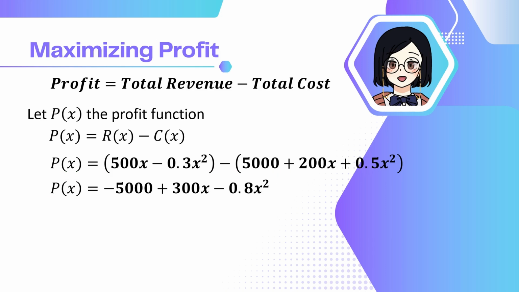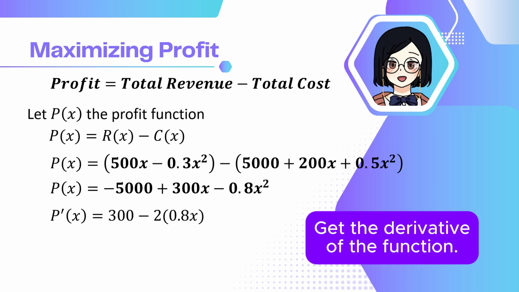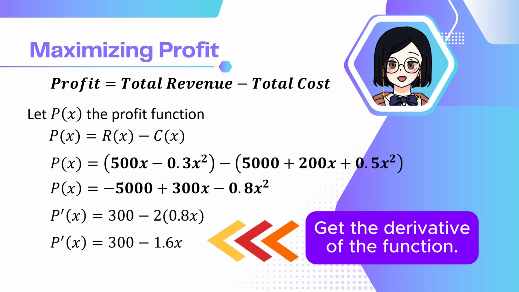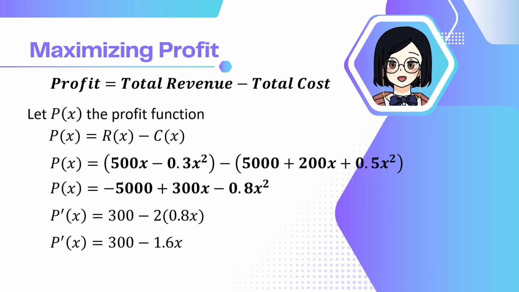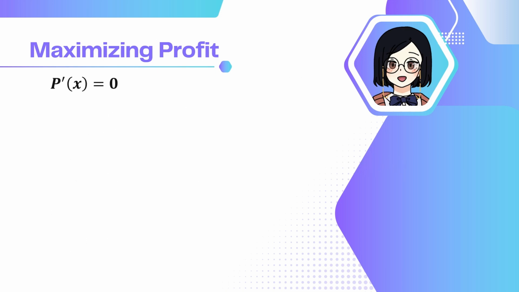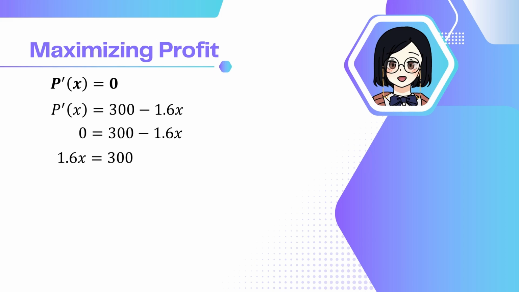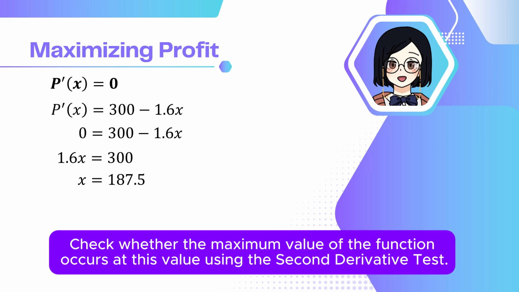To find the maximum profit, we take the derivative of the profit function by applying the derivative rules. We get P'(x) = 300 - 1.6x. Equating the first derivative of the function to 0, we get 0 = 300 - 1.6x. Solving for x, we will have 187.5. We check whether the function will have its maximum value at x = 187.5